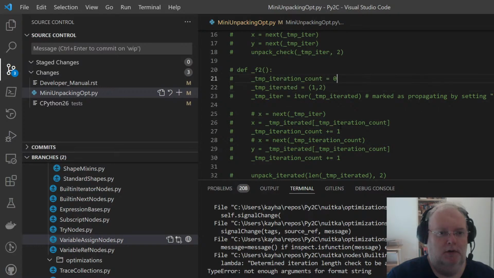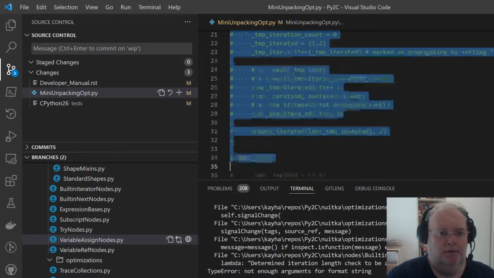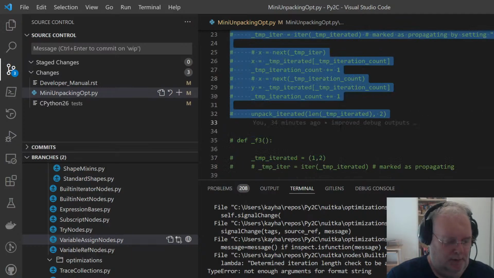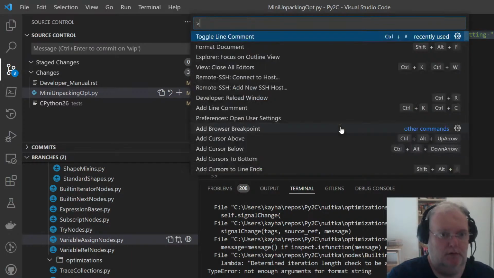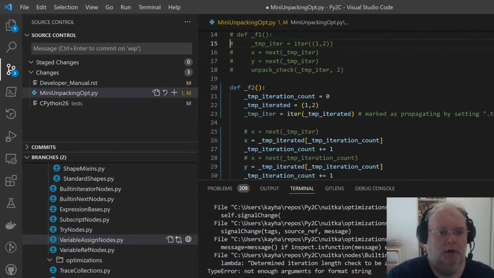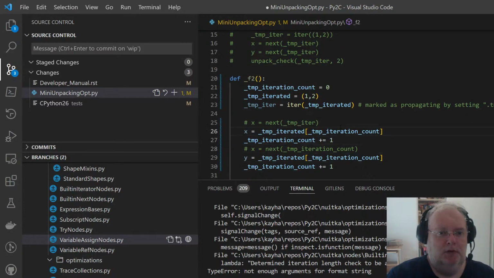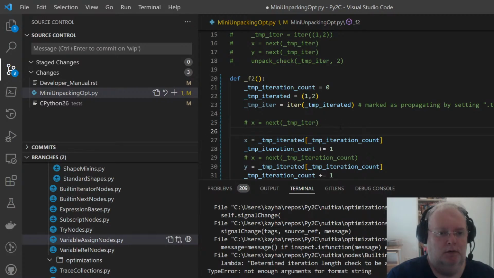So let me toggle these back in. Toggle line comment. We toggle these back in. So, def outline_1.